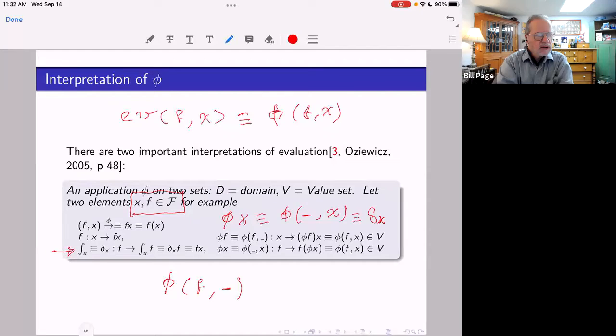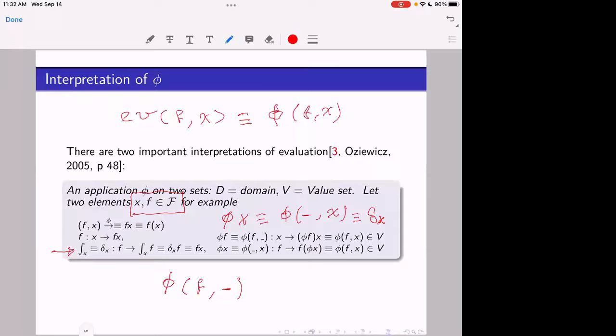Oh, okay. Yeah. So you would call both x and f functions. Both are functions. Yes. And the evaluation is a mapping between two functions to the reals or complex, to the field. Okay, and that's phi, a different symbol then. Yes, to the field, yes.